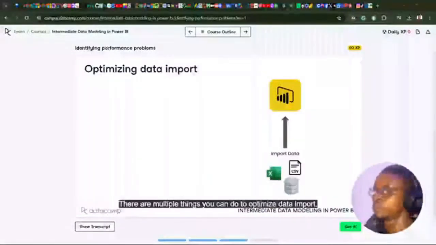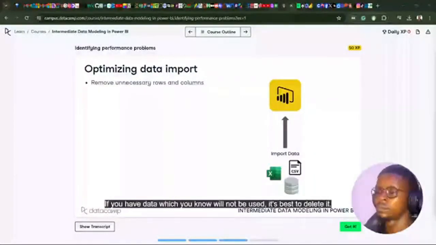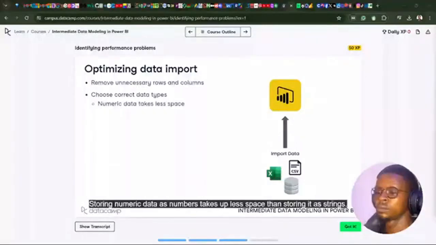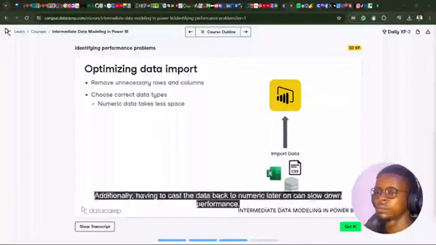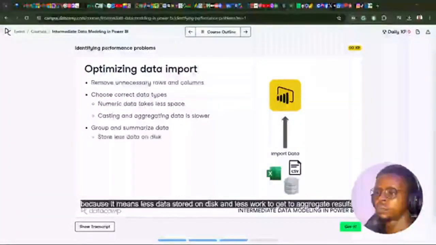There are multiple things you can do to optimize data import. The biggest one is to remove unnecessary rows and columns. If you have data which you know will not be used, it's best to delete it. Choosing the correct data type is also important. Storing numeric data as numbers takes up less space than storing it as strings. Additionally, having to cast the data back to numeric later on can slow down performance. Grouping and summarizing data can also improve performance because it means less data stored on disk and less work to